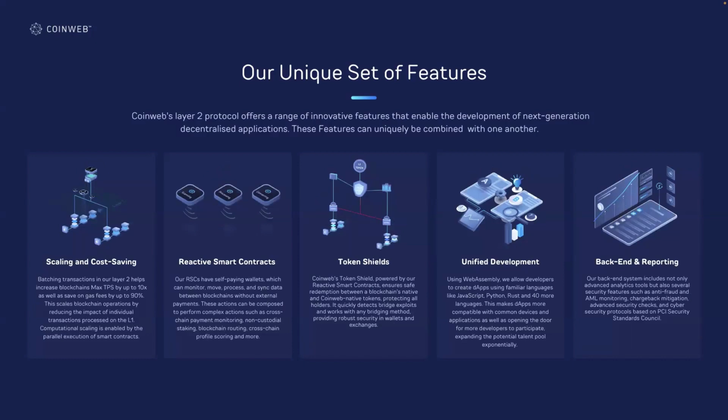As an L2, we're similar to rollups, where we can bundle transactions in our L2, and that gives us a lot more speed than what the L1s can do. So on EVMs, I would say that we go up to 10x of the speed of the L1 in terms of TPS, and the gas fees can be reduced up to 90%. Another thing about that is that if you issue a token on CoinWeb, you can load balance the transactions